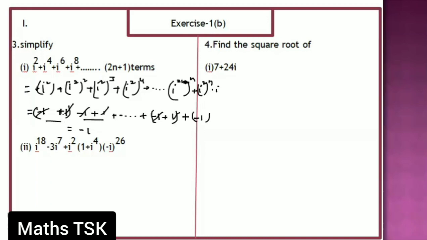Okay. So basically consecutive powers are given. Then we can answer in a different way. There is 2, 4, 6, 8. i square is minus 1. i power 4 is 1. There is minus 1. There is plus 1. So if you continue like this, taking two terms as one set, it contains n sets plus one term. From here, it will contain 2n terms, that is n sets, plus 1 minus 1 plus 1 minus 1, n sets, those get cancelled, i square remains, i square is minus 1. Okay.